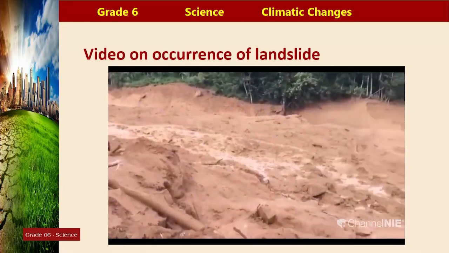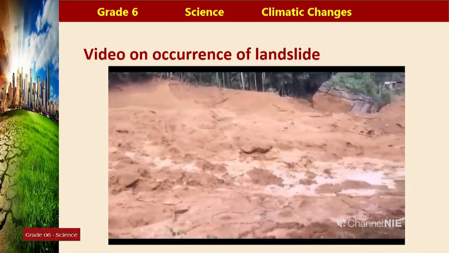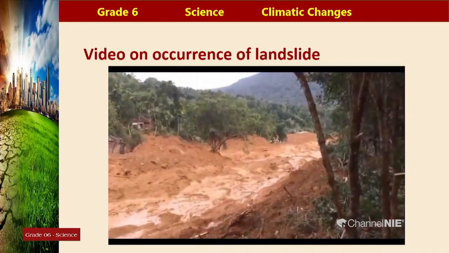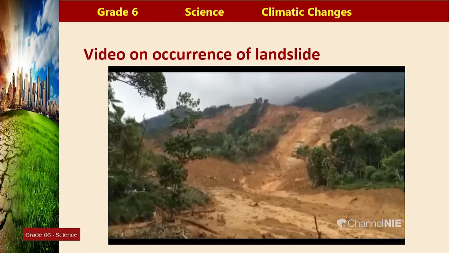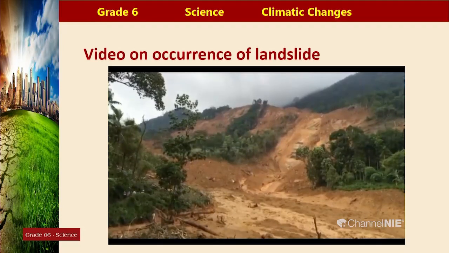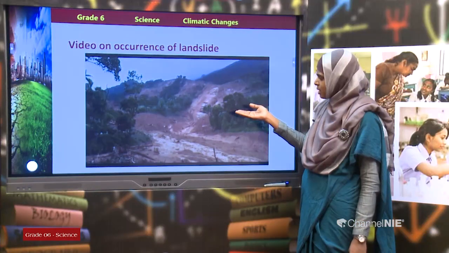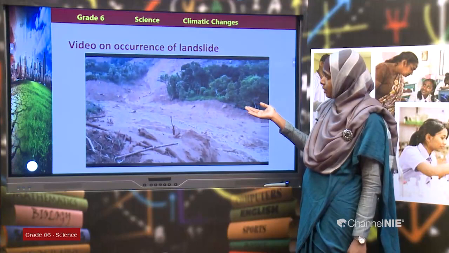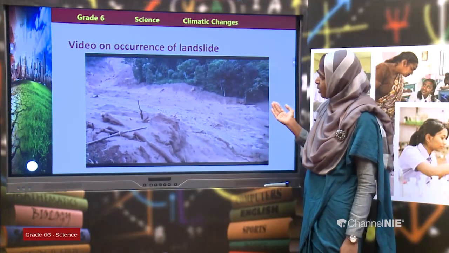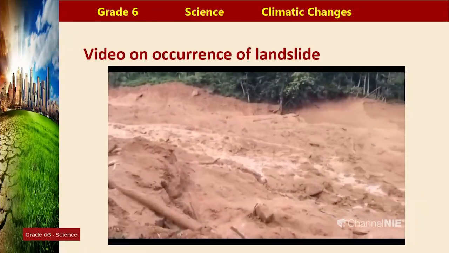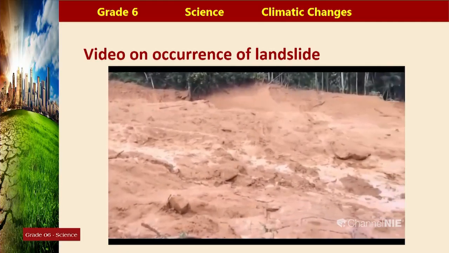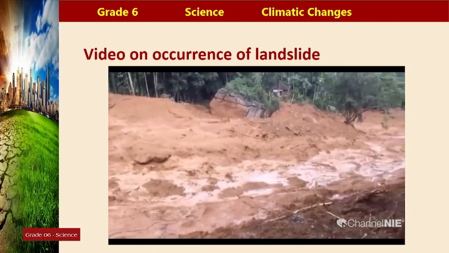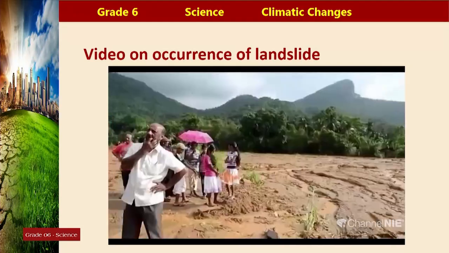And you can see the final impact of the landslide. The whole area is covered with soil and mud which is drained off from the higher mountainous region. This is a landslide which occurred in Sri Lanka, children. It was a disastrous event which happened in 2016 in Aranayaka. You can see how much destruction. It killed more than 200 people. All 200 people were buried under the earth due to the landslide.